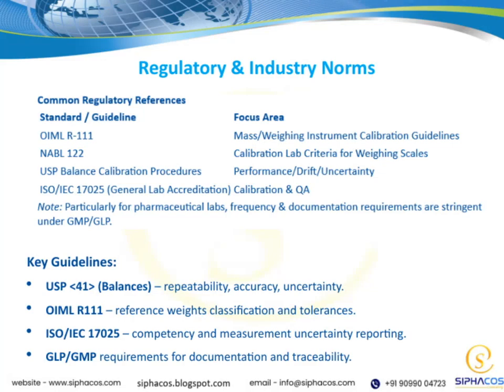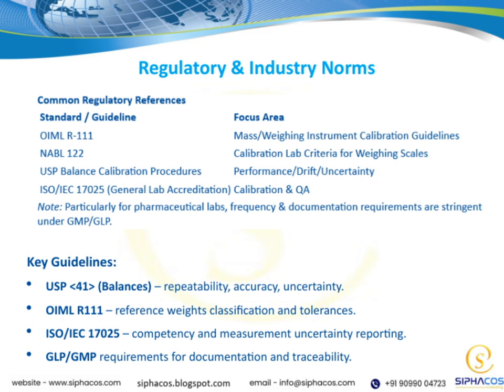Let's take a closer look at some key guidelines that are essential for our work. First, we have USP 41, which focuses on balances. This guideline emphasizes the importance of repeatability, accuracy, and understanding measurement uncertainty. Essentially, it helps us ensure that our weighing processes are reliable and consistent. Next, there's the OIML R111 standard, which relates to reference weights. It provides classifications and tolerances, helping us determine the quality and precision of the weights we use in calibration and testing. We also need to be aware of ISO IEC